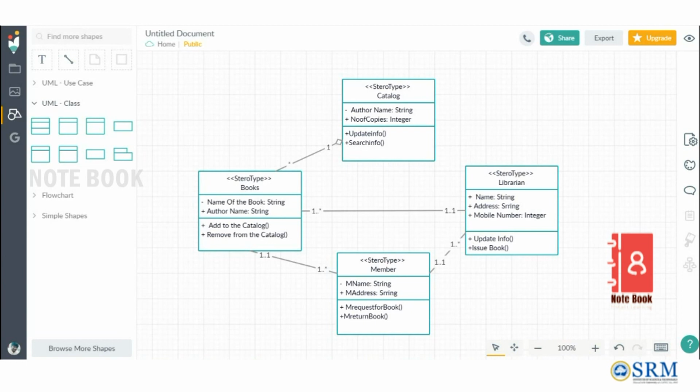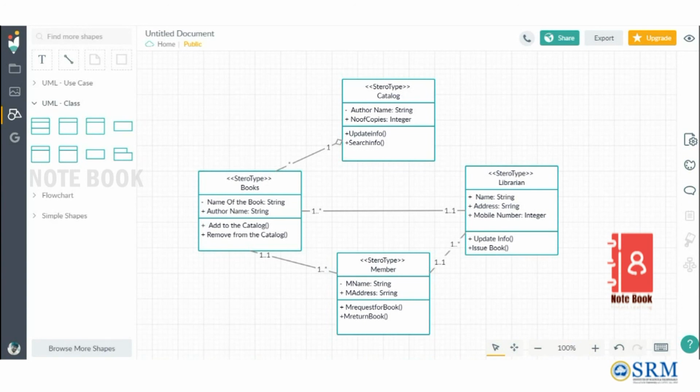Then with the classes book and catalog, we have used aggregation. See in the class name, there is a stereotype. So what is a stereotype? A stereotype is used to extend the vocabulary of the UML in order to create a new model element. Actually, it defines how an existing metaclass may be extended as a part of a profile. A metaclass may be extended by one or more stereotypes, but it must always be used with one of the metaclasses it extends.